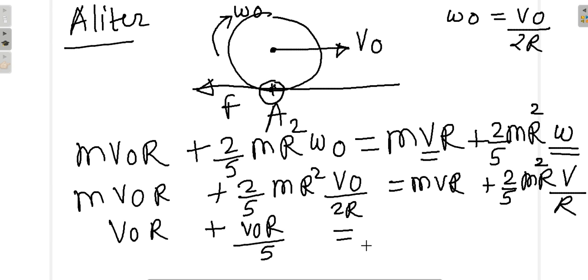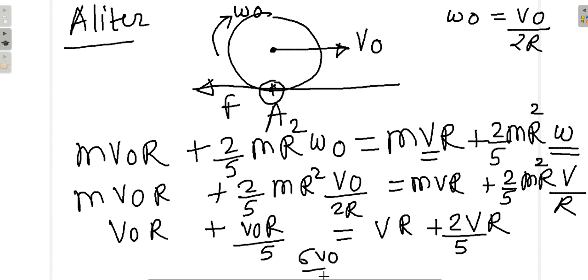and this is equal to v into r plus 2v upon 5r. Right, again r will cancel, you will get v naught plus v naught upon 5, that is 6 v naught upon 5 is equal to V plus